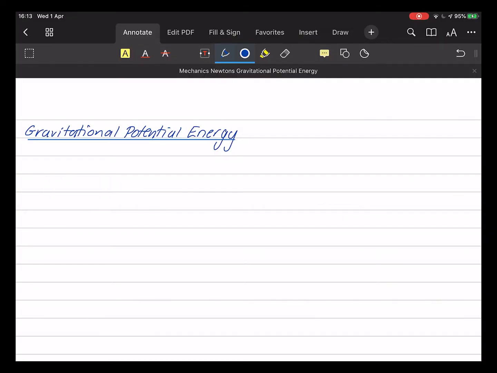Gravitational potential energy, or at least as far as Newton is concerned. Launching straight into it. Previously, we have used the simple formula